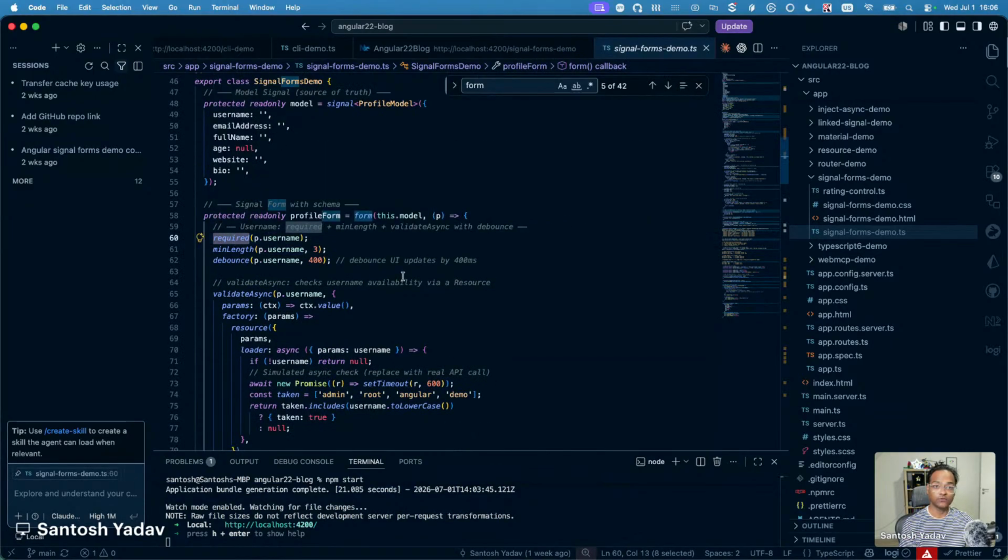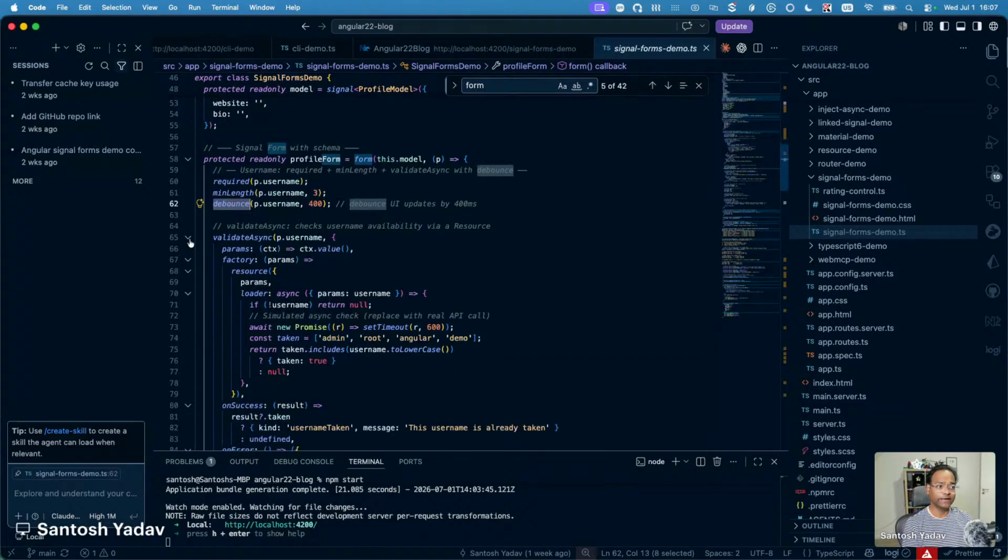I can just go ahead and use the same validation we had before in reactive forms as well. I think this existed way before. And then we are saying, okay, this is required, min length. And then we are saying debounce on username for 500 milliseconds. And then you can run a validate async